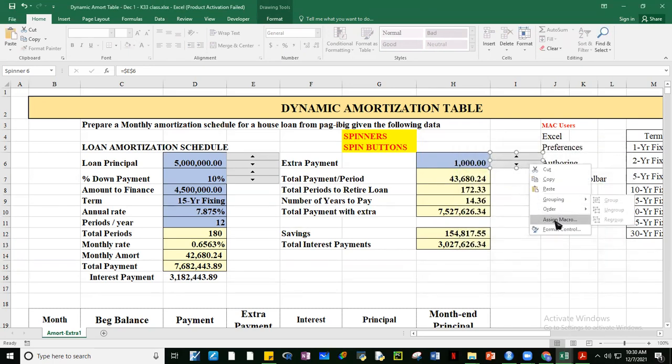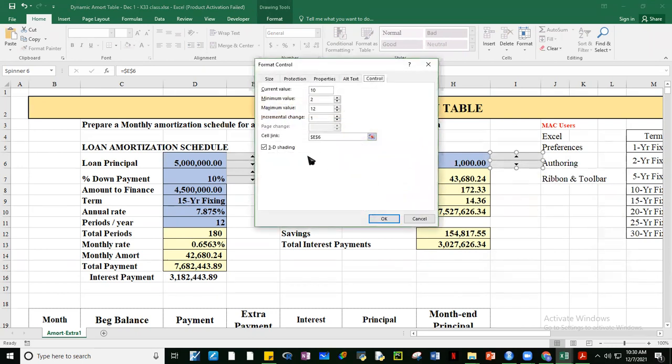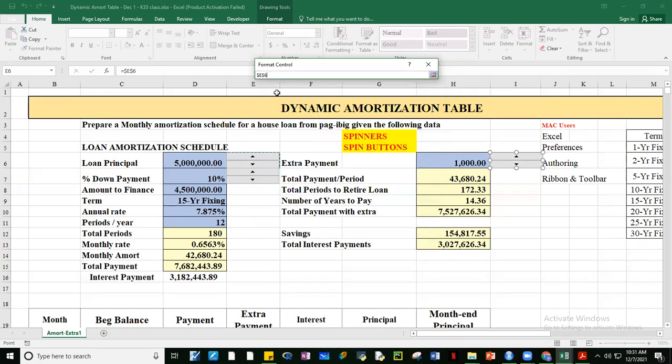So, I won't discuss this anymore, guys. Format control. So dito, pwedeng minimum value 0. Okay, pwedeng diretso na to, no? Maximum value is, let's say, ang extra payment, gawin natin up to 5,000 na lang. Okay. Increments of gawin natin 500. Kaya nakalink siya sa, dito natin siya sa I6 i-link, no? I6 katabi ng,